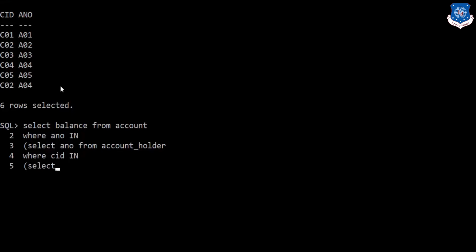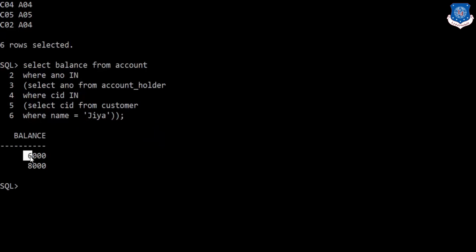Select customer ID from customer where name equals to Jia. Here be careful while closing the parenthesis, otherwise you will get an error.